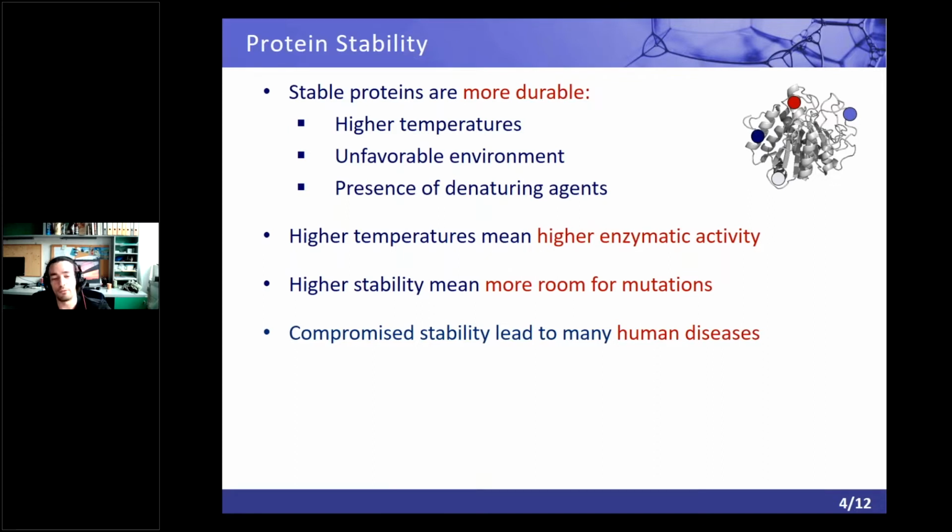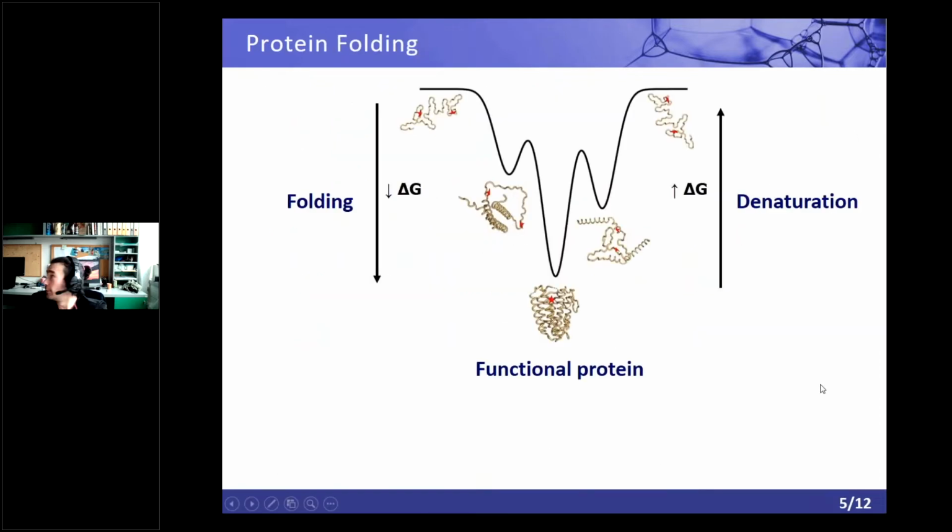It might be anything from the protein not being able to signal or not being able to transport something in human blood, or start to aggregate and accumulate in a human brain, for instance, and then cause some really bad symptoms. So then it's also interesting for us to understand those mechanisms, and to do that, we need to measure protein stability. Speaking of which, if we look at the landscape, here it's an easy representation of